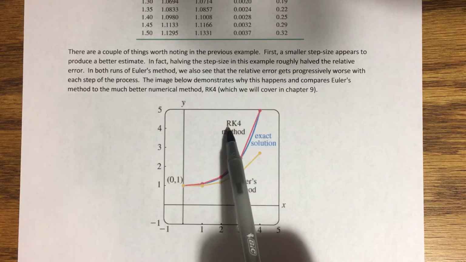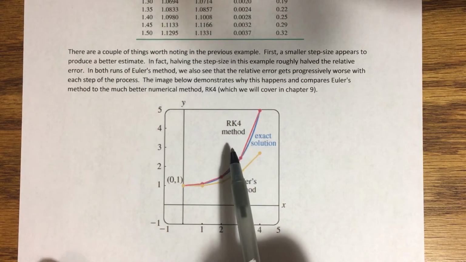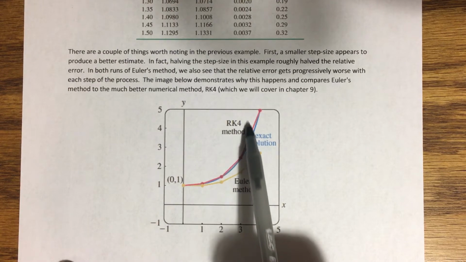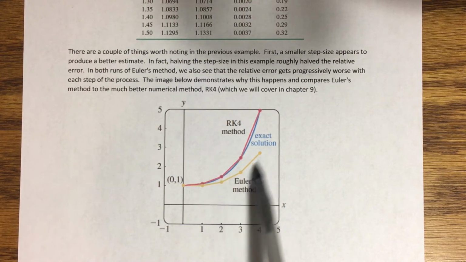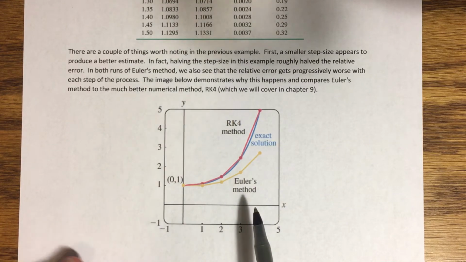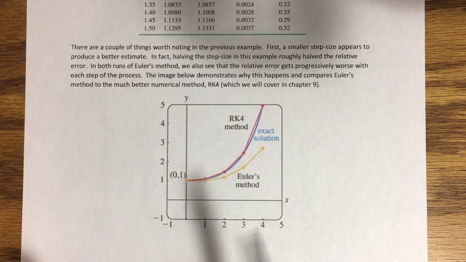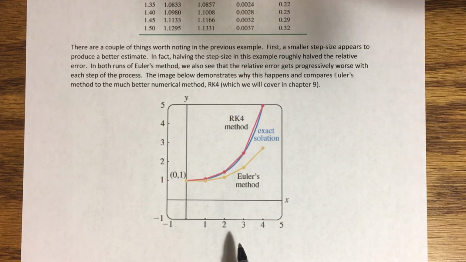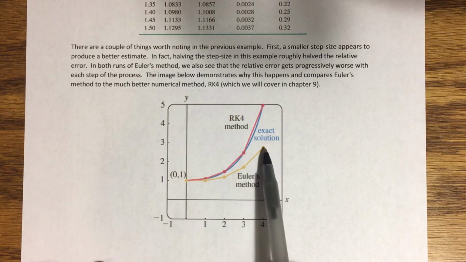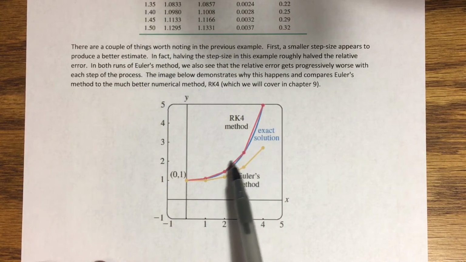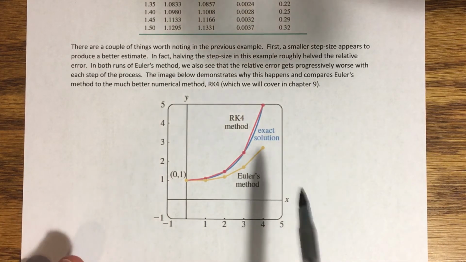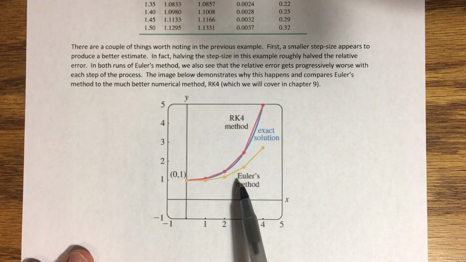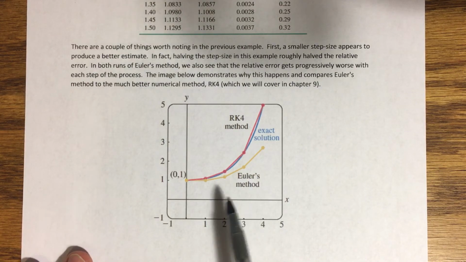Now you'll see here this thing called RK4 method. That's Runge-Kutta of order 4, which is another numerical method that's used and practiced a lot. Euler's method, even though we're talking about it here, is actually one of the worst numerical methods out there. It really does not do a good job at approximating solutions in most cases, and so it's almost never used in practice. But the reason we talk about it is because we can take Euler's method as sort of a